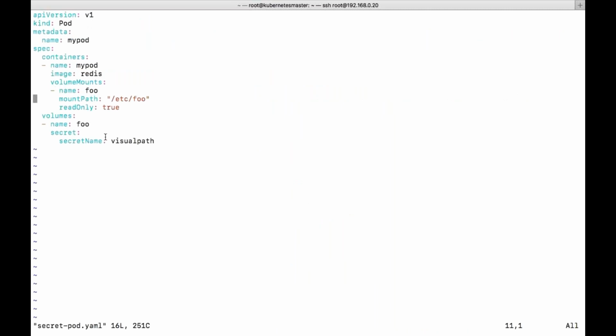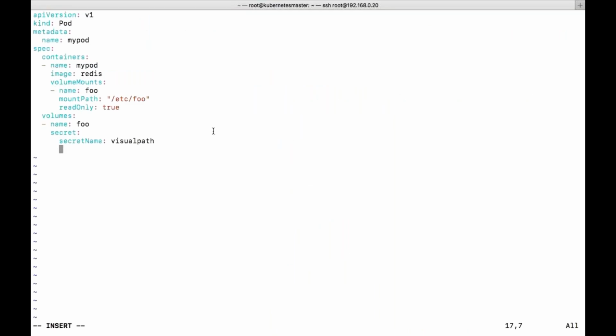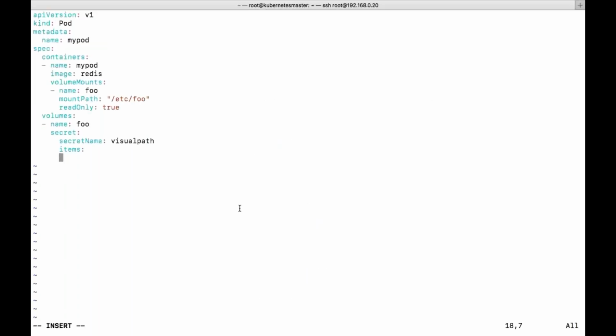Then here we need to specify items. You can see here items. In this we are trying to use only one particular key. So what we need to say is hyphen key user. What is the key name? It is username. Let us say only username.